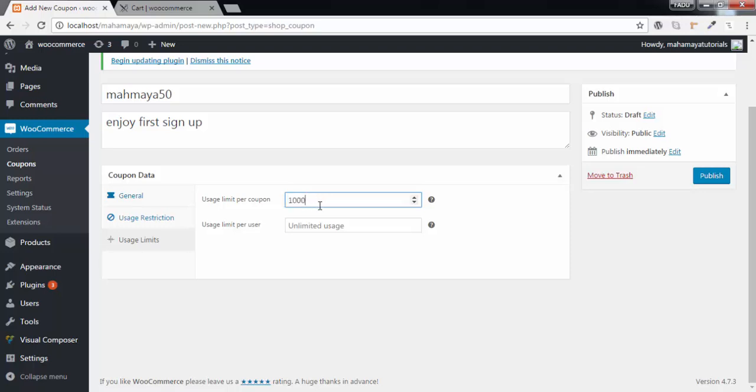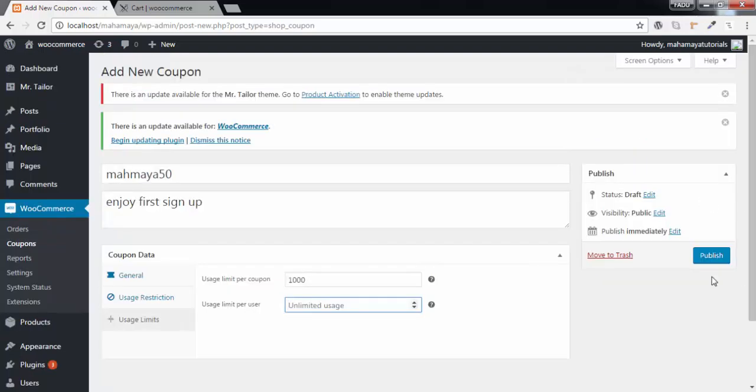For them it will be an invalid coupon, and the maximum limit is 1000 people can use the coupon. And next, you can limit the coupon per user, like I'll give the user only once they can use the coupon, so I'll write here 1. If you want them to use twice, then you write 2. Like that you can move in this format.